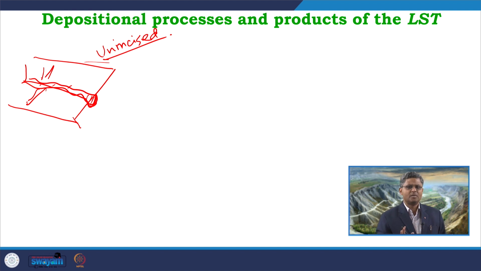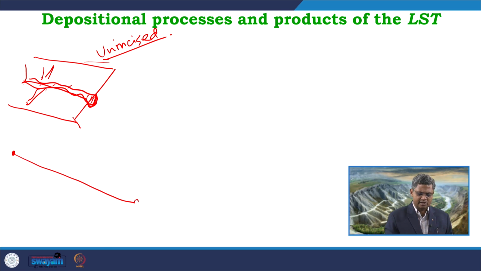an unincised river system. But within this river system, say it is starting from here in the source area, and during the forced regression it has reached up to the shelf or even up to the shelf edge. So, there is a significant gradient that the river has achieved now, which is supplying a huge amount of sediments. Those sediments will be deposited within this channel now, and we get complete river channel deposits forming within these unincised channels.